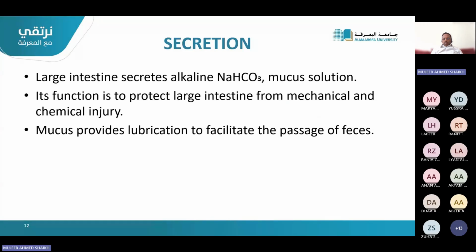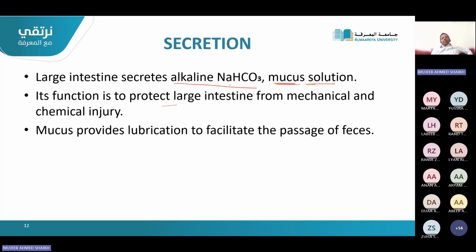Okay, coming to the secretion. What is secreted in the large intestine? In the large intestine, secretion is nothing but alkaline mucus solution. Alkaline to prevent any acidic content from damaging the tissues, and mucus because it will safeguard and protect the internal mucosa. The mucosa of the large intestine is saved because of the slippery mucus secretion. So mucus protects the large intestine from mechanical damage, as well as